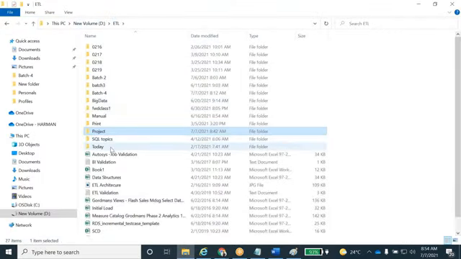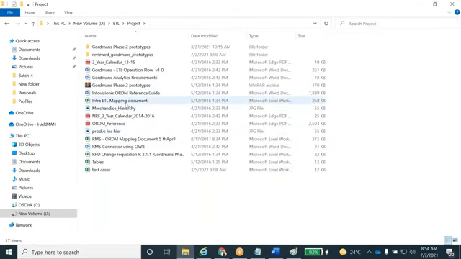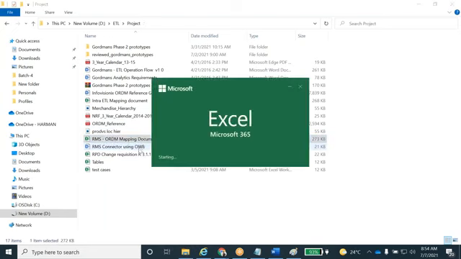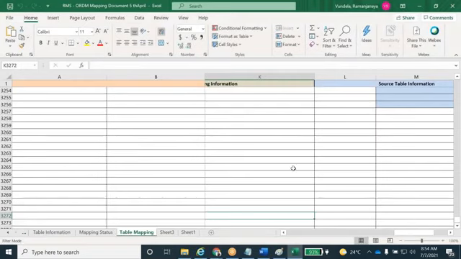I'll show you the mapping sheet. RPD changes, tables, test cases. Let's see.